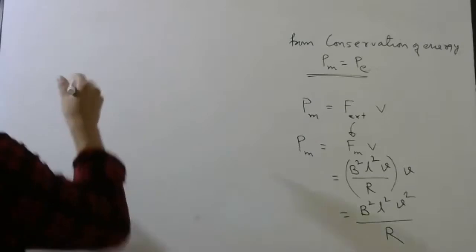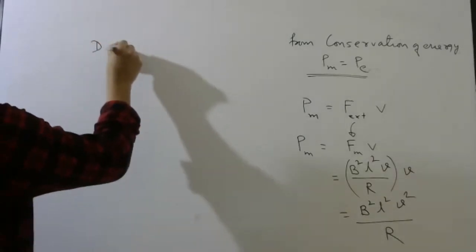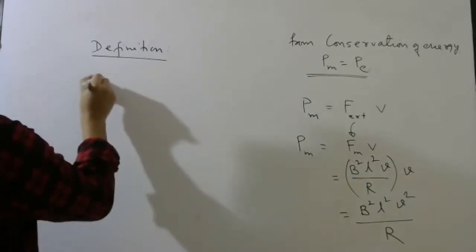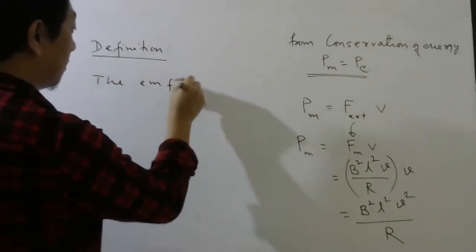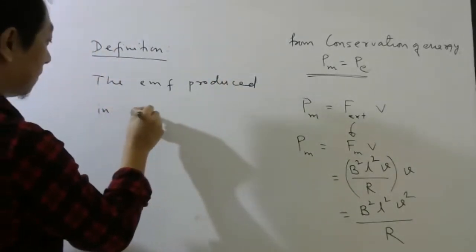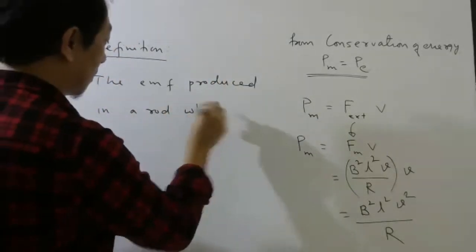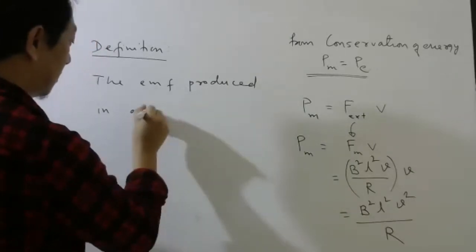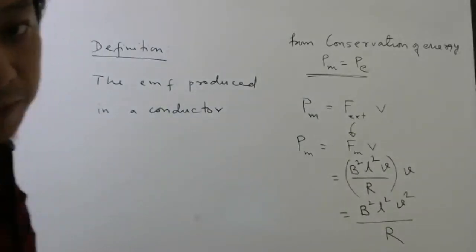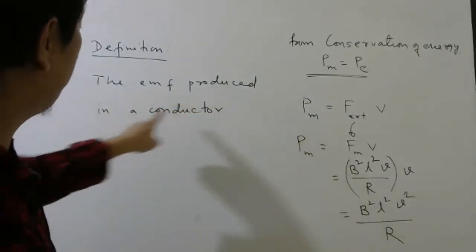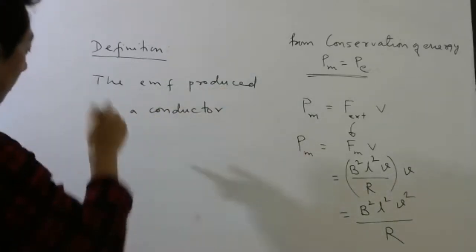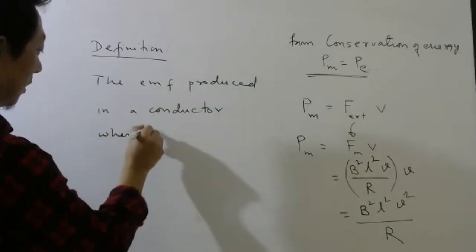Let me give you the definition now. So what is motional EMF? The EMF produced in a conductor. Let me write conductor, because if you take a plastic rod, then nothing will happen. The EMF produced in a conductor when it moves